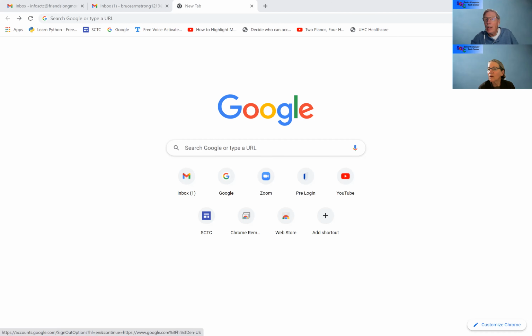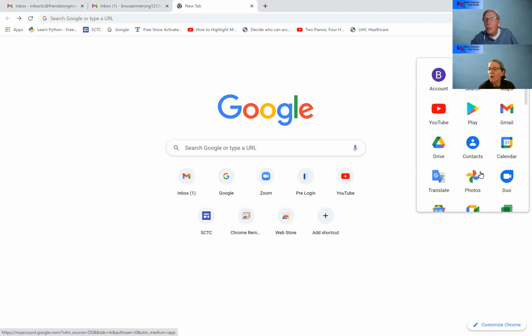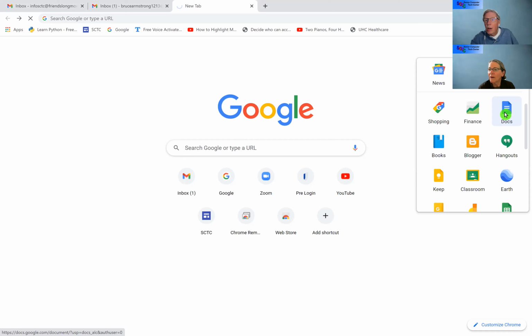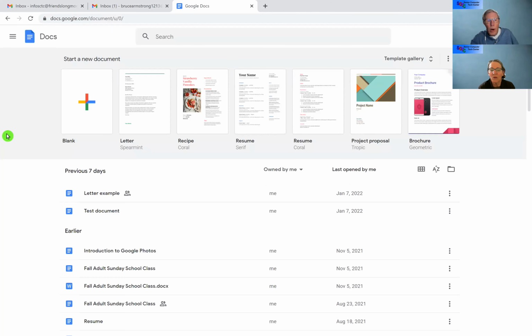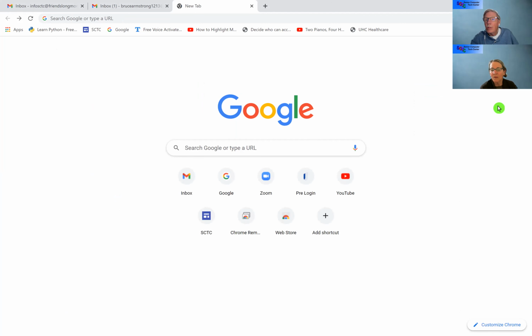You can see my B there, and I go into this little 3x3 thing, and I can go down to Google Docs and go in that way, or alternatively, I prefer to go into Google Drive,